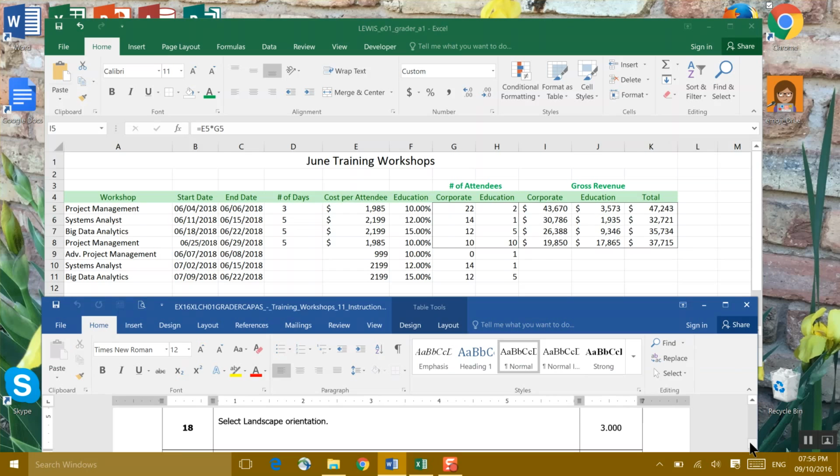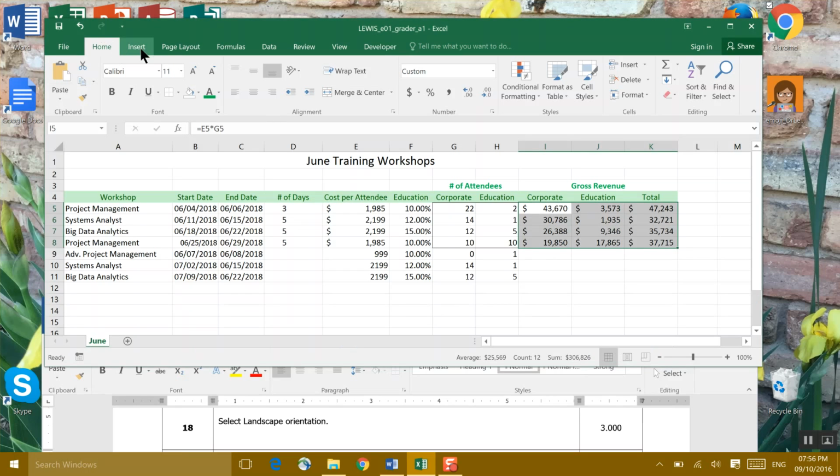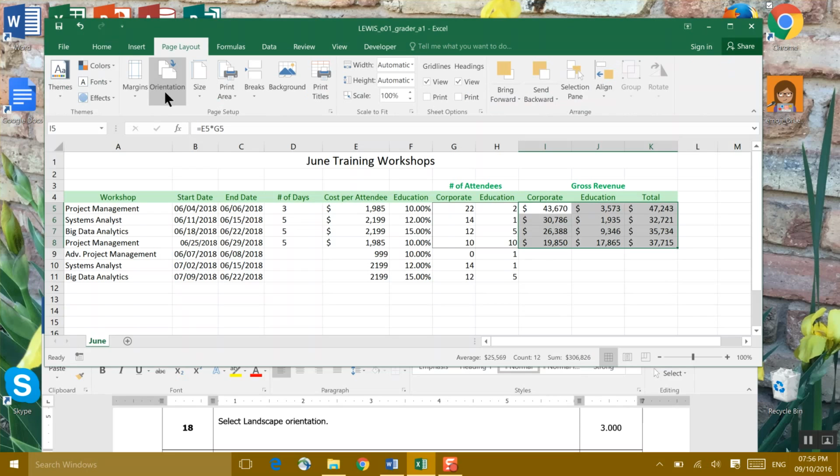Select landscape orientation. So I'm going to save. I'm going to go to the 4th tab, which is page layout. I'm going to go to orientation, and I'm going to pick landscape. So we had our paper facing up and down, and now we're turning it sideways. You can't see it till we print. And then